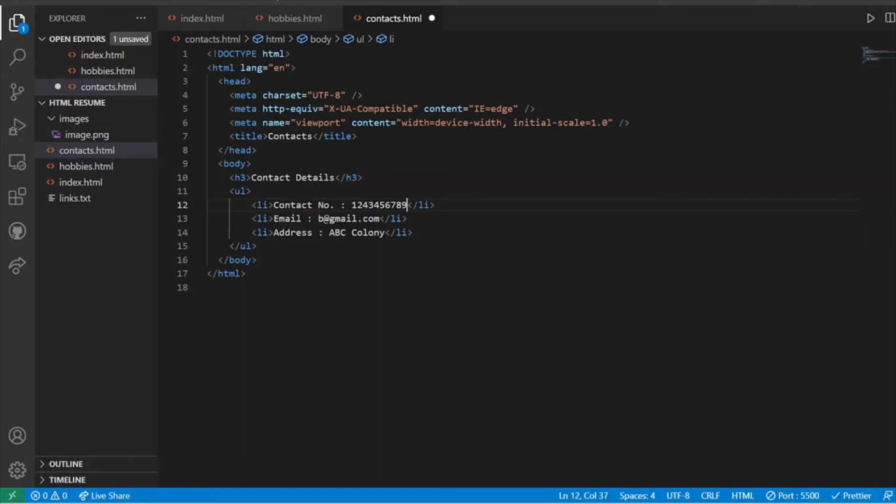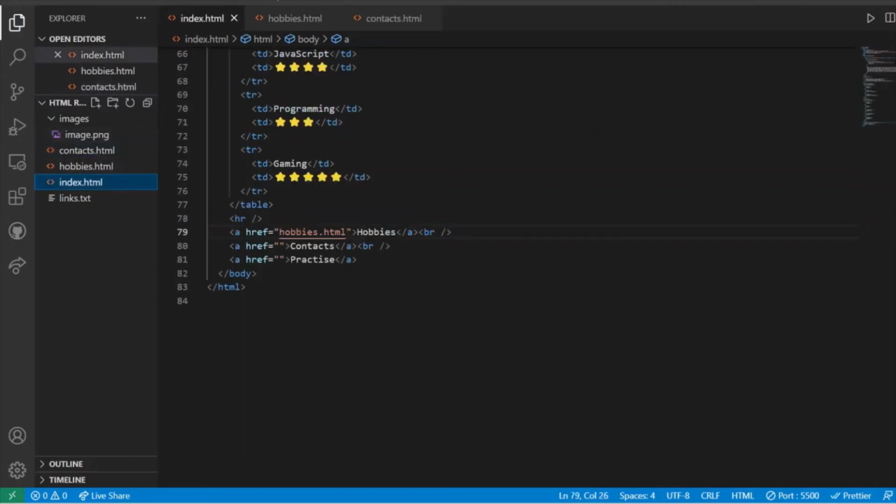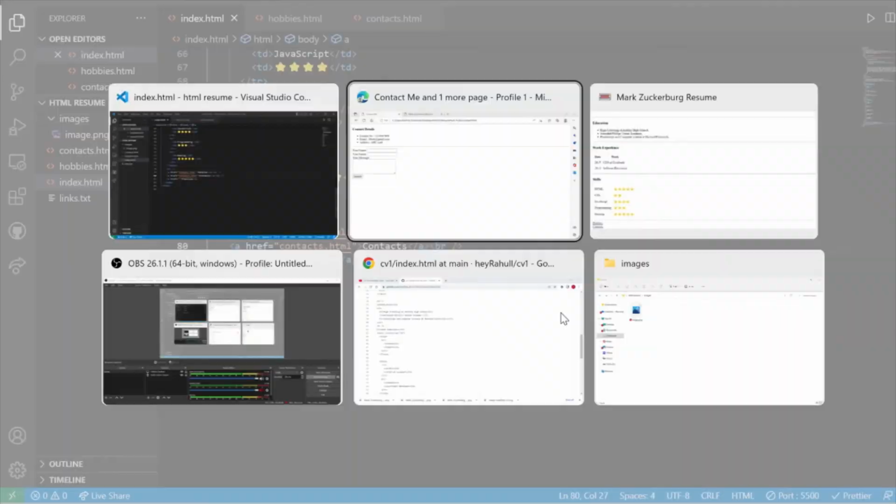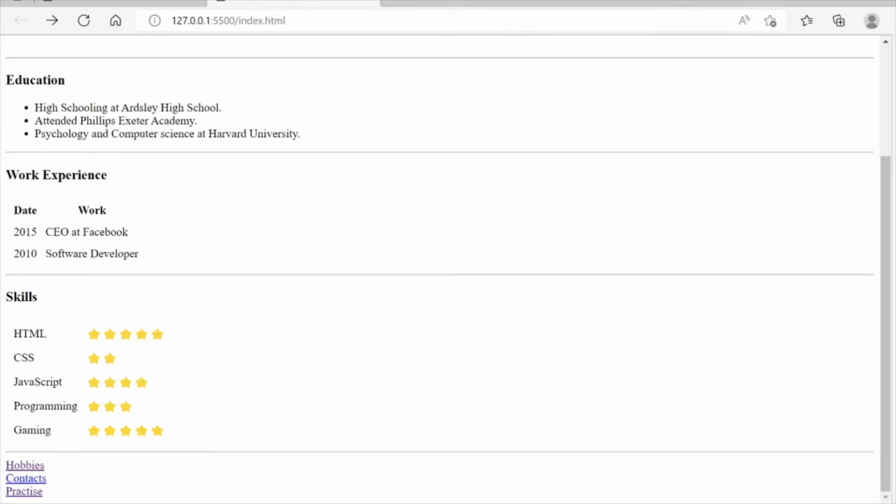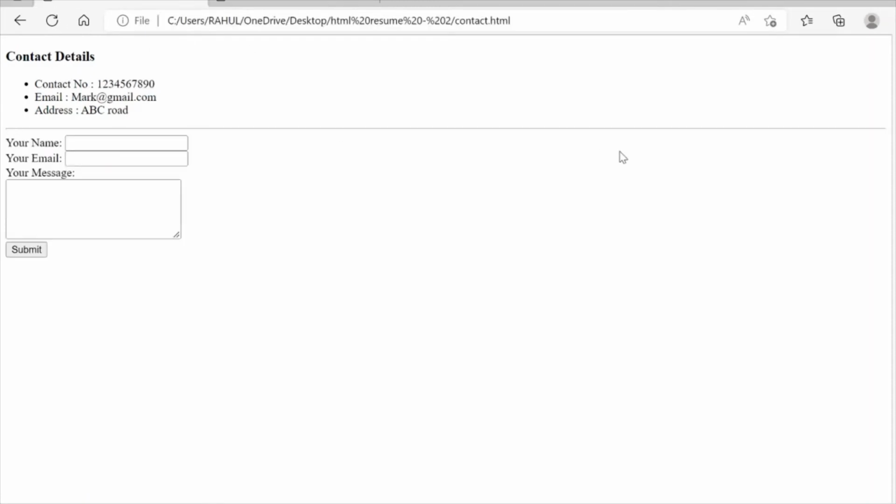Okay, so let's hit save, and let's now link it to our first initial page, which was contacts. So here I would mention the file name, which is contacts.html, and now when I go back to my site and click on contacts, it will take me to this page, right? So you can see we have attained a similar kind of structure. Now we want a horizontal rule first of all, and then this kind of form.